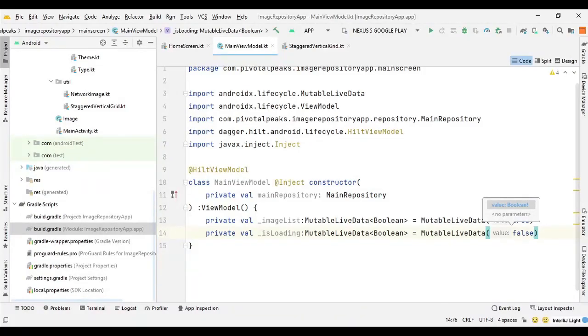So this is loading variable will tell whether the data is loading or not. So when it's loading it will be true, and when it's not loading it will be false. So initially it will be set to false.